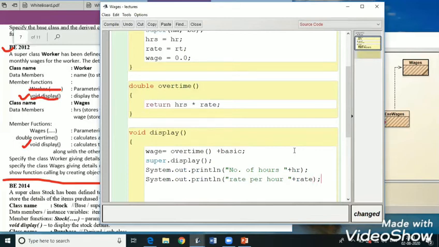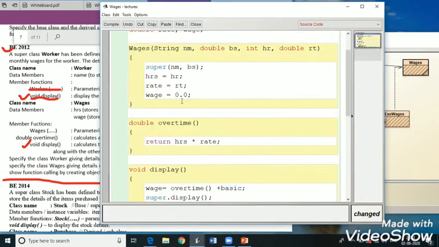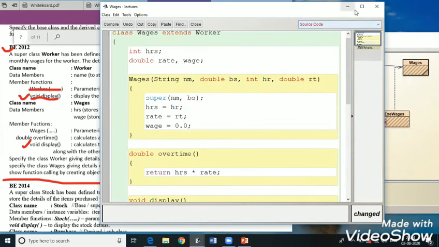Remember to use the data members only, and the wages. So everything is done now. Compile it. It is hrs. You have to take the data members.